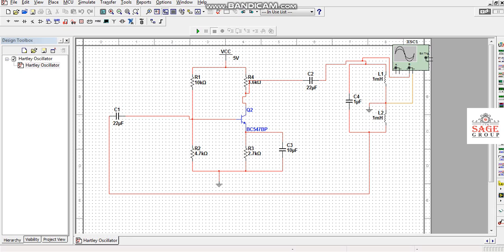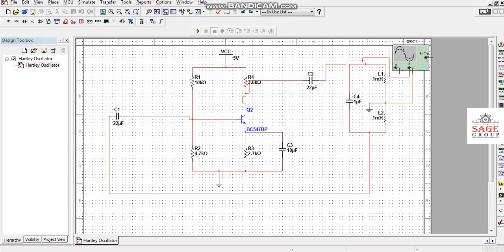This is the circuit diagram of the Hartley oscillator. Oscillators are circuits that produce specific periodic waveforms such as square wave, triangular wave, sawtooth and sinusoidal waveforms. An oscillator is a type of feedback amplifier in which part of the output is fed back to the input via a feedback circuit. Here, instead of giving input, we are observing the output in this CRO and measuring the frequency for this particular oscillator circuit.